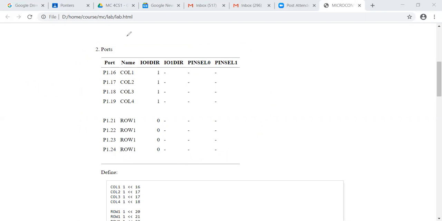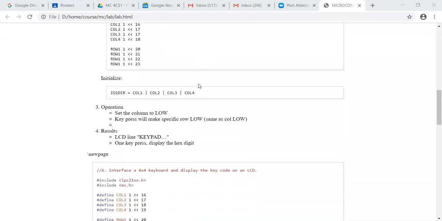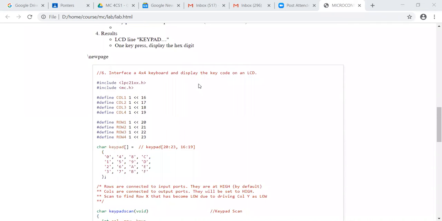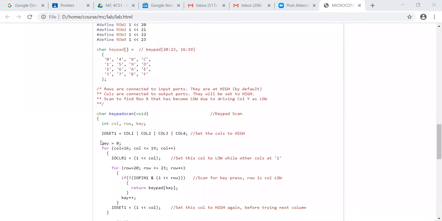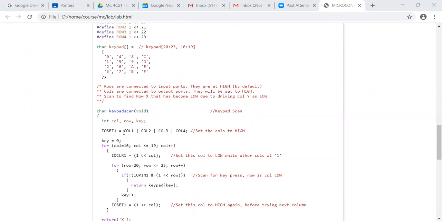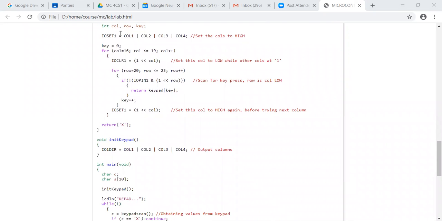Clear all drawings. Go back to the program again. So if you see the initialization, where is the initialization? This one.